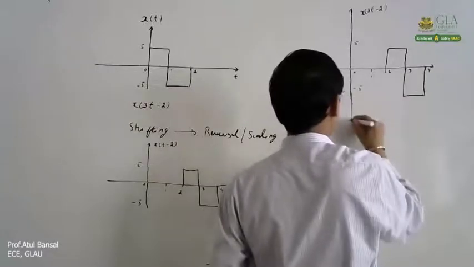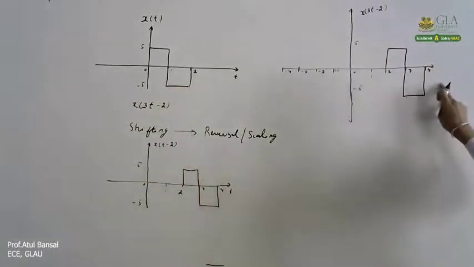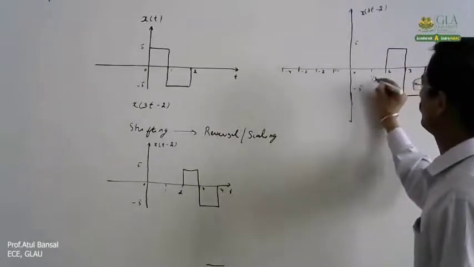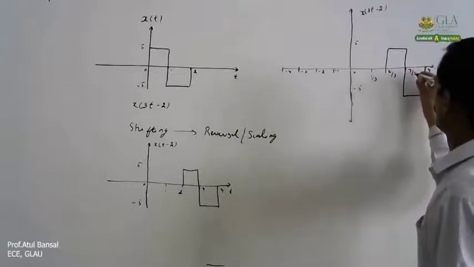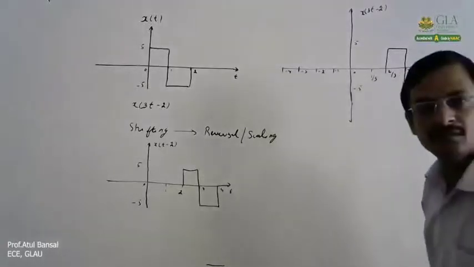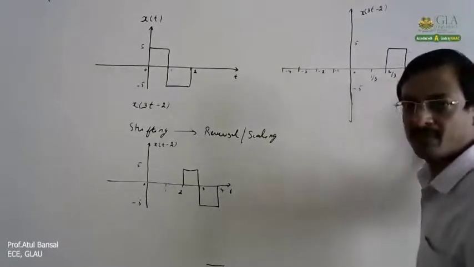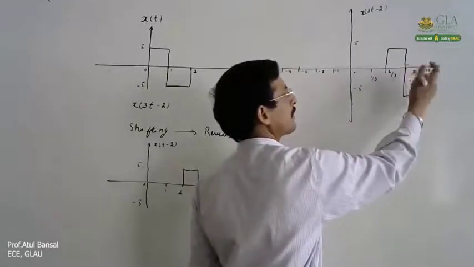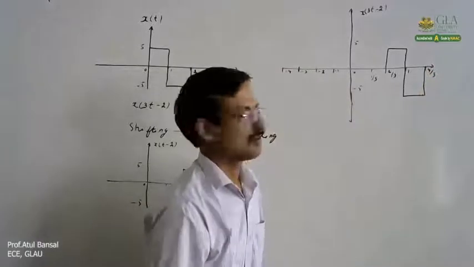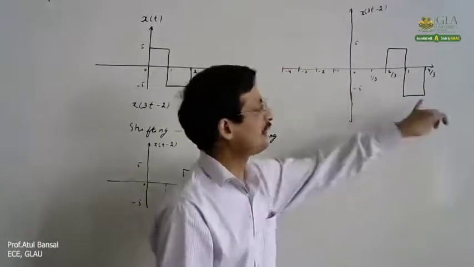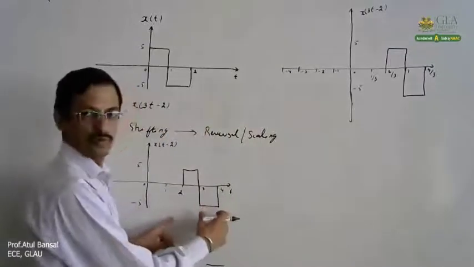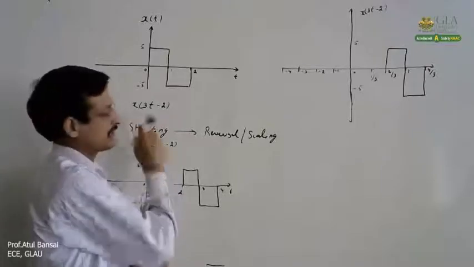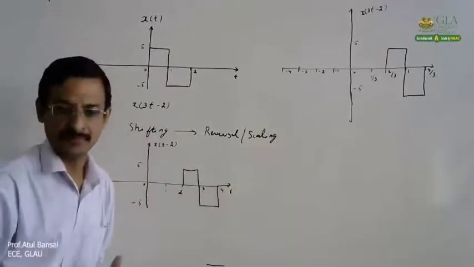But this will not happen at 2, 3, 4 like this. This new time will be such that every point gets compressed like this. So this will be 1 by 3, 2 by 3, 3 by 3, 4 by 3. So the signal will get compressed. Now it will be from 2 by 3 to 4 by 3. Earlier it was from 2 to 4, because a is 3, which is greater than 1. So that is how this combination can be applied.